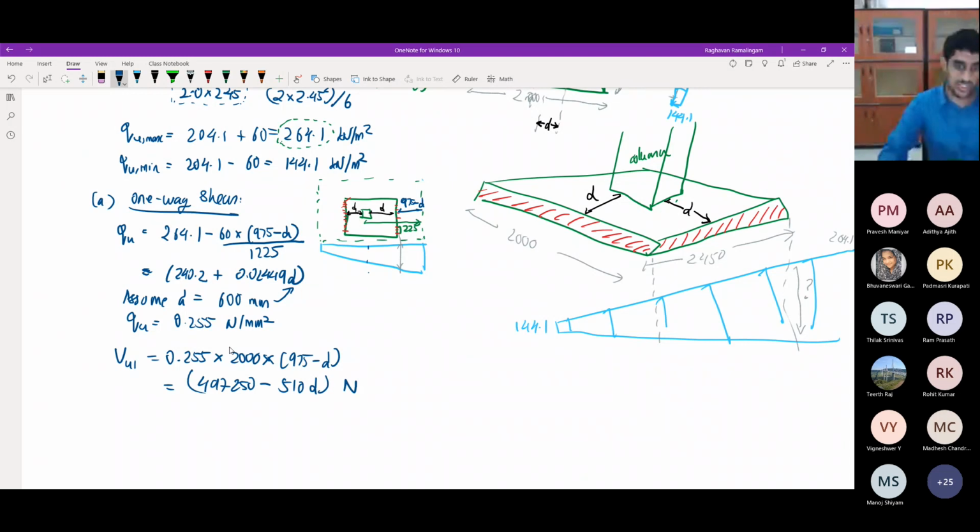So this is the shear force which acts on this particular face, and this has to be compared with